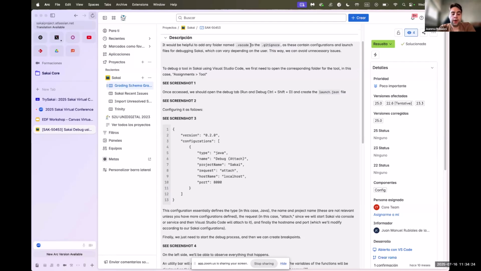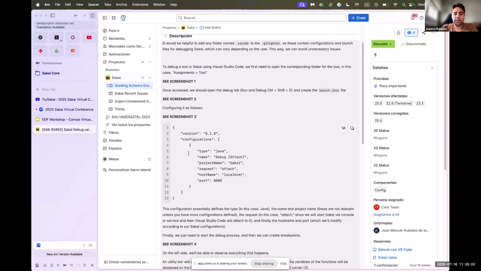So when we try to push some commits or references that we have, maybe we see that the VS Code folder is also being deployed. We don't want this to happen. So we pushed a commit that says that this type of folder and this config file are not being pushed. Our configuration files are not being shared with the community, because we know that each company or each developer has its own environment to use. So it's more like private.